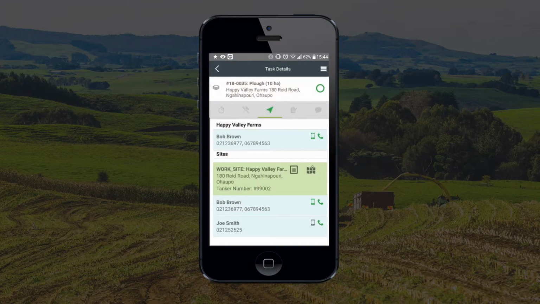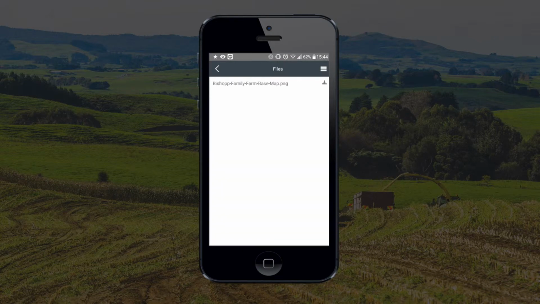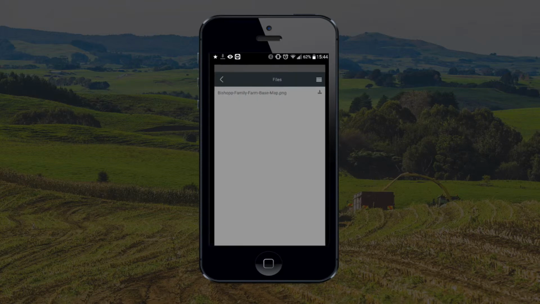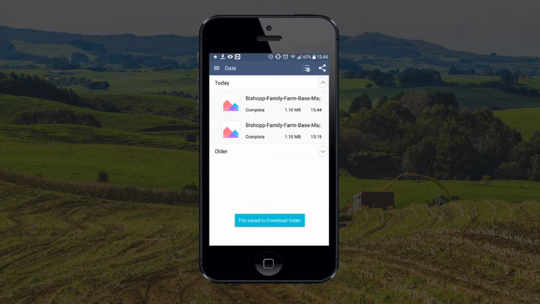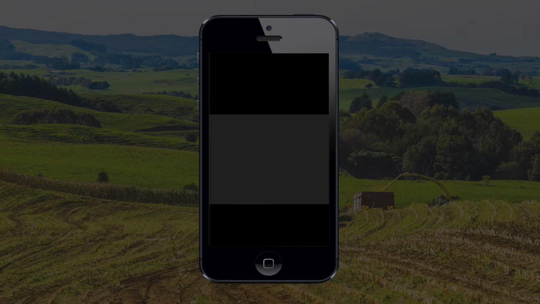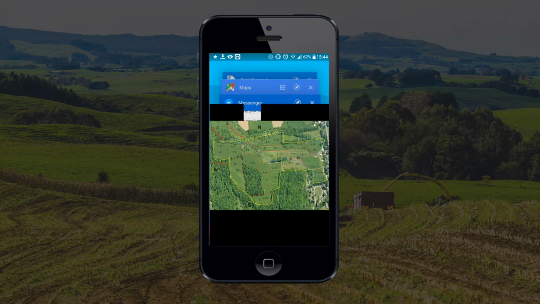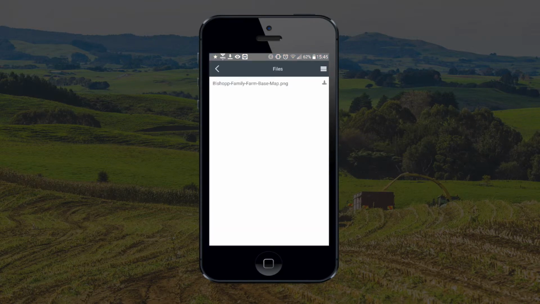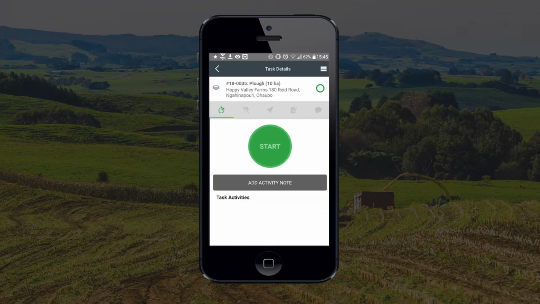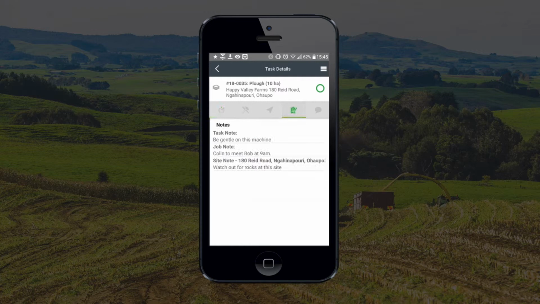If we head back to here, we can also click the document button next to it. That will show us any documents that are attached to this task, and if we click on that, it will download it to your phone. You then just click on it again and it will show you the actual document. This also takes you out of JobFlow, so what you'll need to do is click back into JobFlow. So if we press back, we'll go back to this screen, and then if you click on the 4th tab,